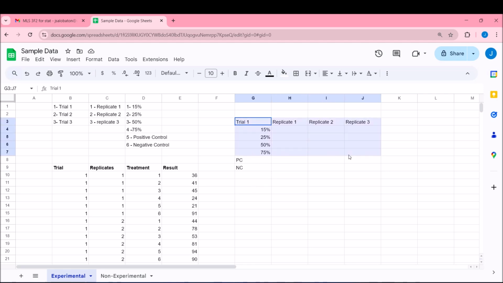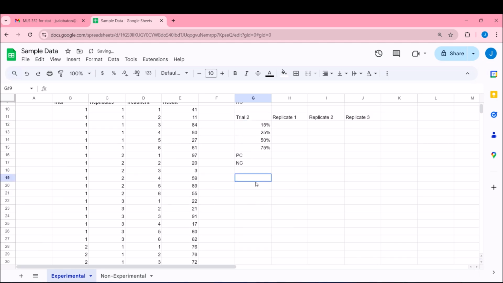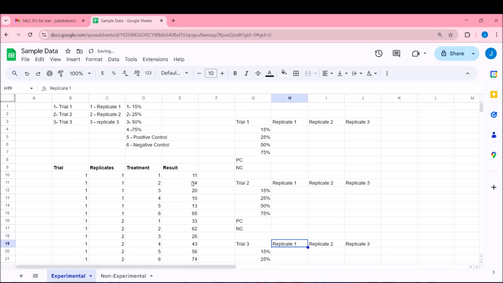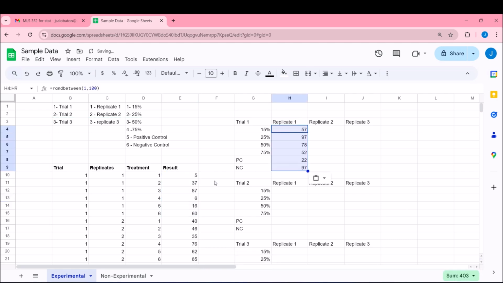And then if you copy the same data, actually your table would look like that. This is now your trial 2, and this is now your trial 3. And you can copy this one. So this will be your results.